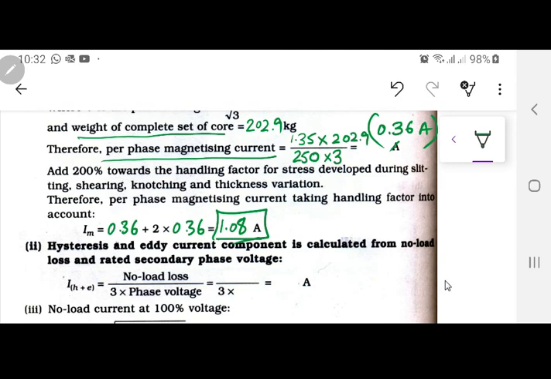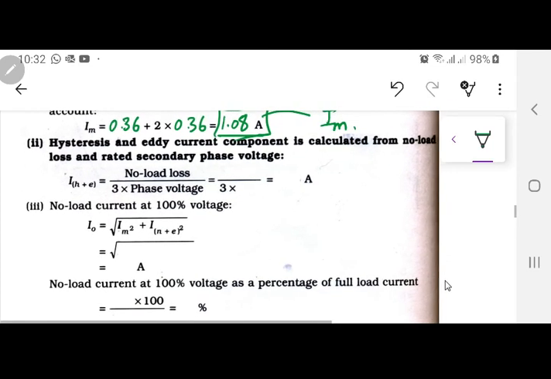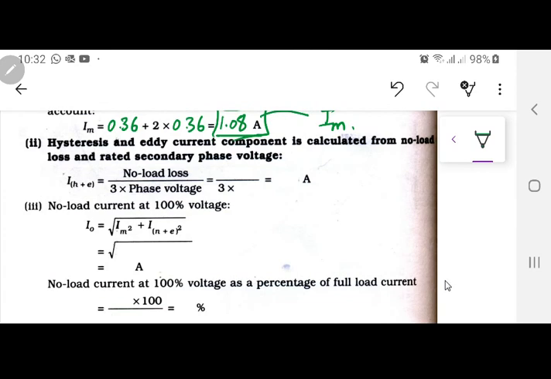Now this is not the no load current. Still, this is very important. This is the magnetizing current. We need to find out the hysteresis and eddy current also. So what for this one? We know what? No load loss. कितना था? 250